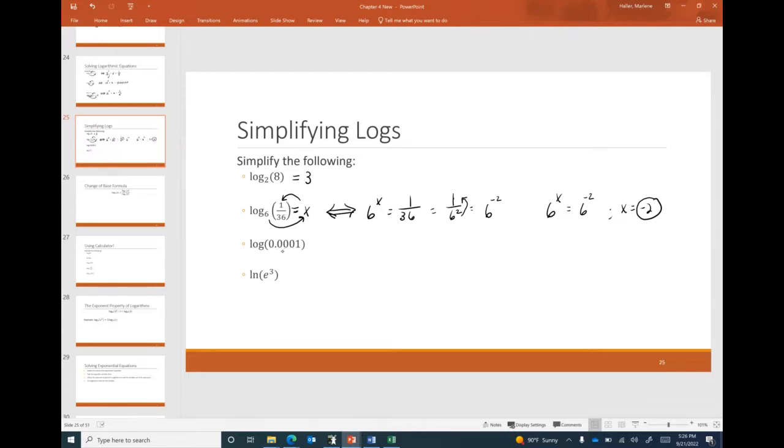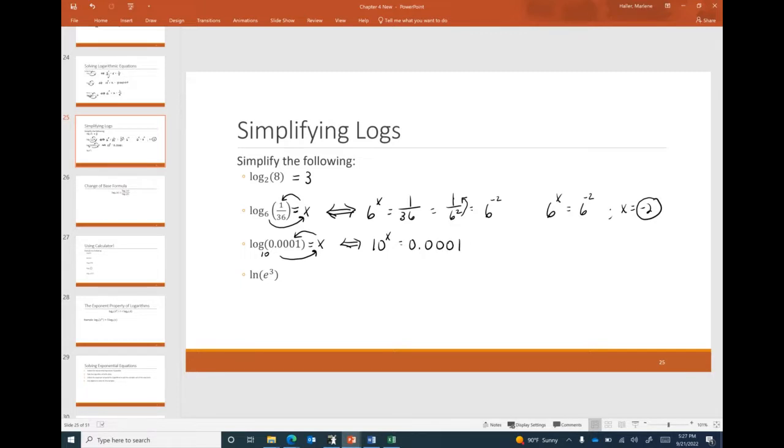Look at this next one. There's no base, right? So that means it's log base 10. All right. Well, what exponent would I have to put on 10 to get 0.0001? Ooh, I know that's going to be a negative number. Maybe I want to convert this to exponential form and look at it that way. 10 to the x power, 10 to what power equals